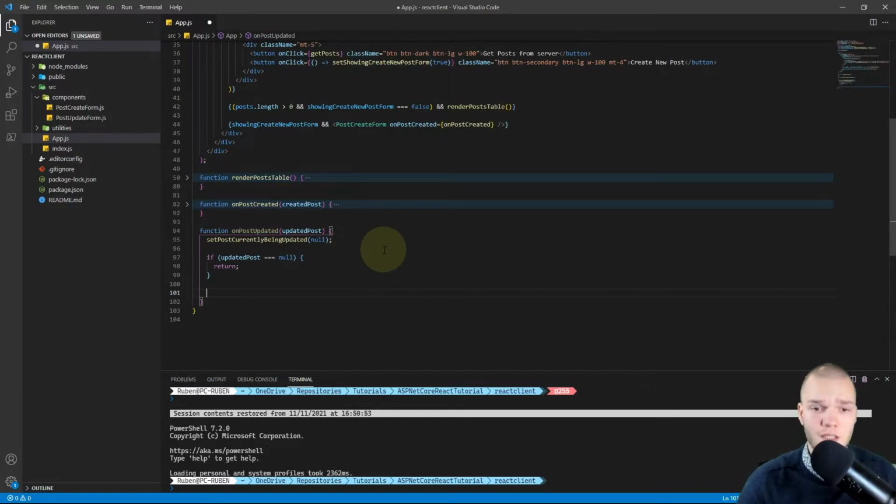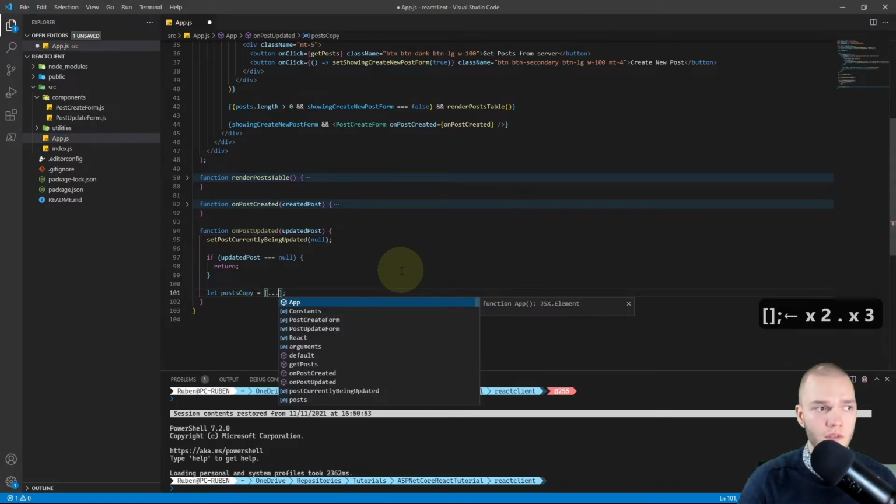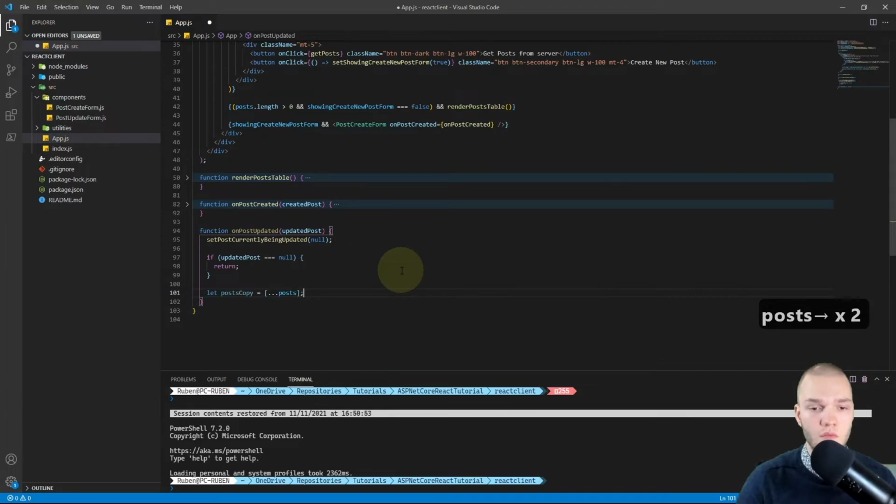We will persist the updates to the post in the array here straight in the memory instead of doing another API call. So I'm going to do let postsCopy equals and then brackets, and I'm going to do ...posts to copy the array in this new variable.